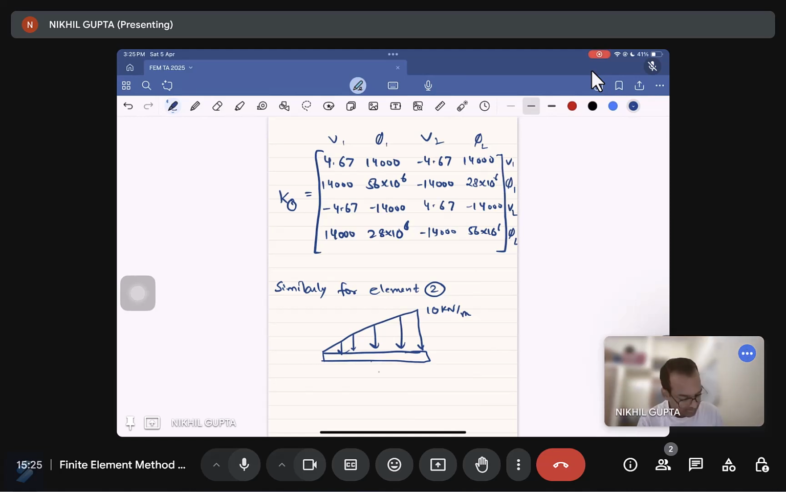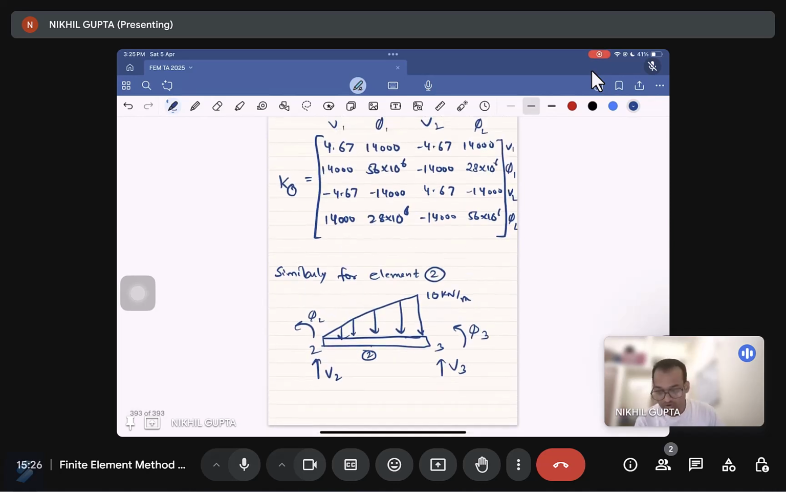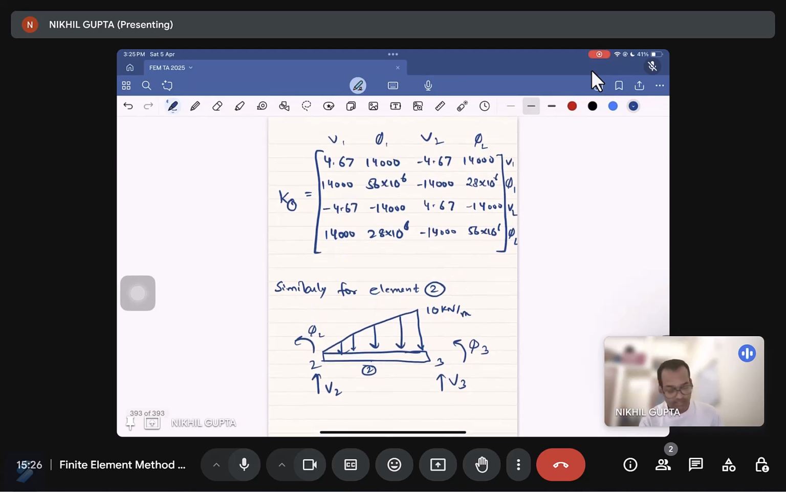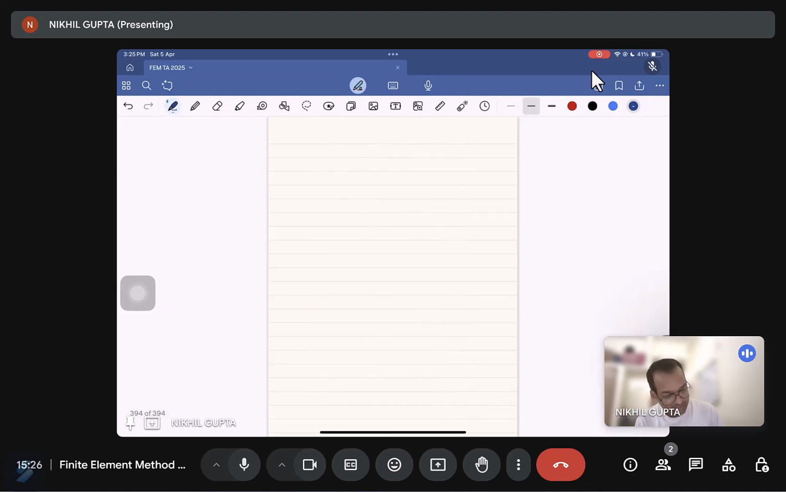This will be element number 2. So this is node 2, this is node 3. When you put the degrees of freedom, this will be v2, this will be phi 2, this will be v3, this will be phi 3. Now since we have got the stiffness matrix of the first element, the same will be for the second element. So we can write k2 as